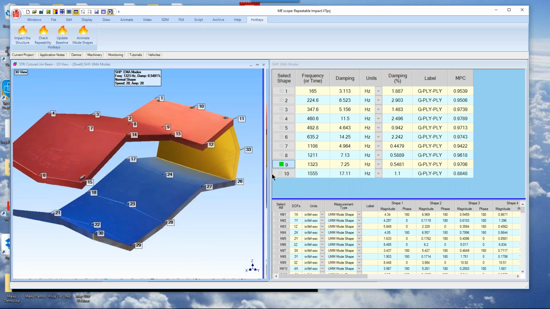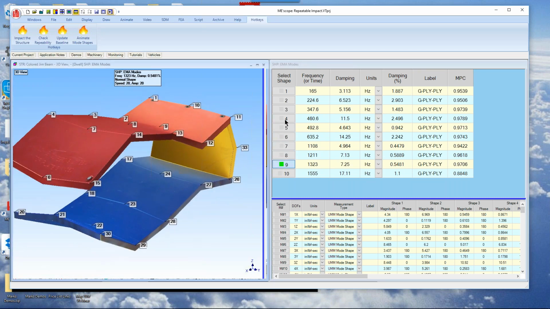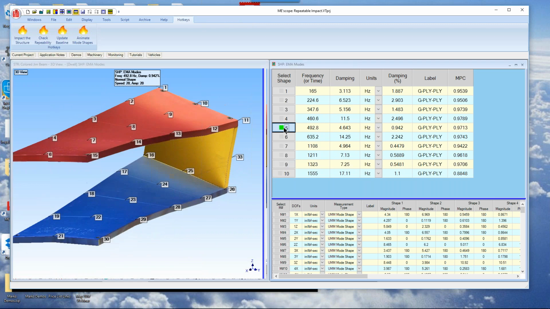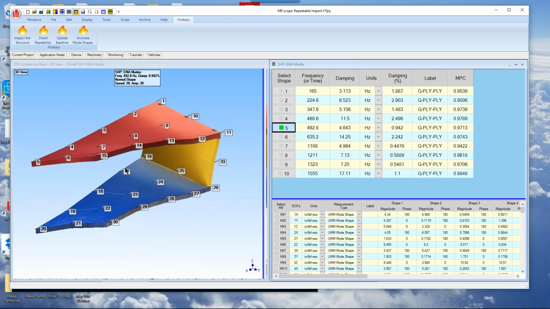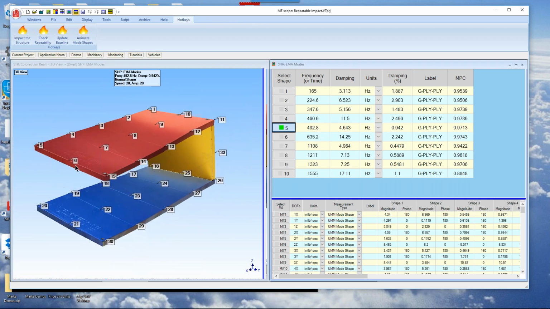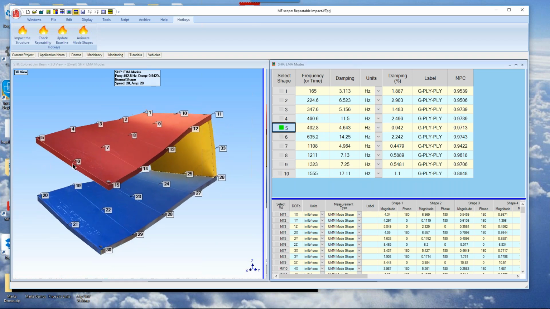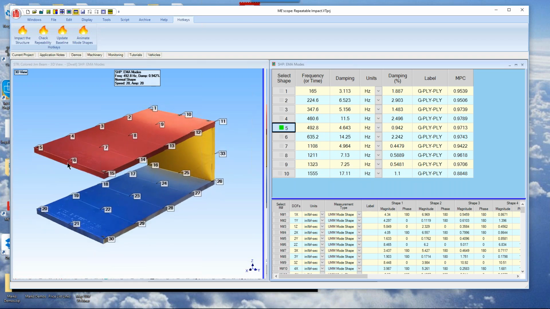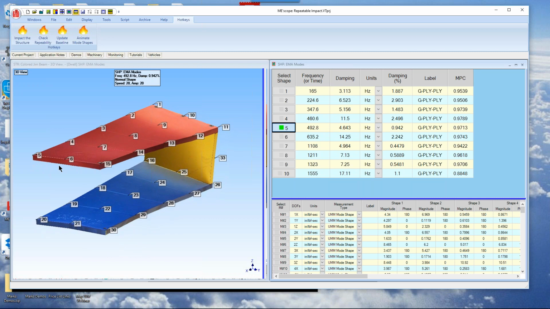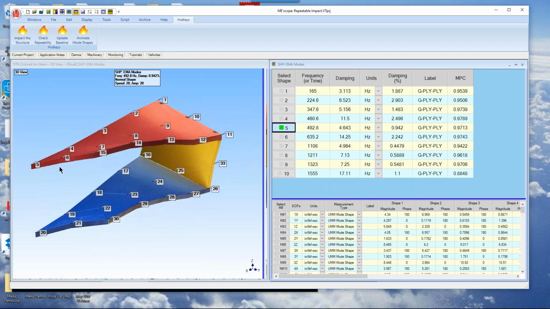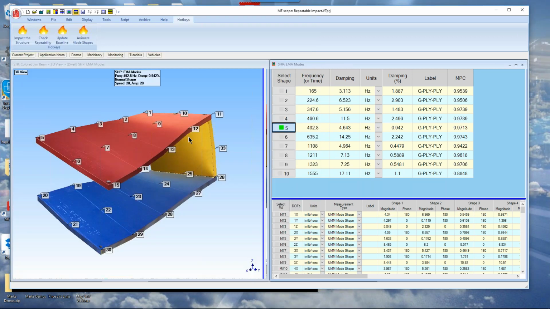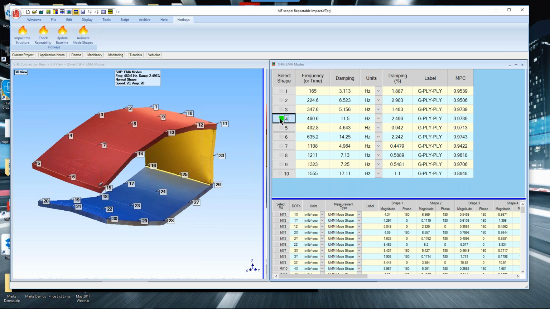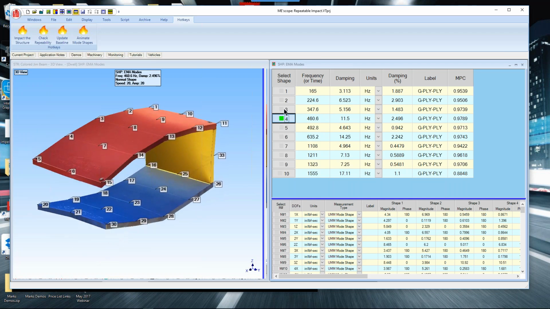Now what I'm going to do here, and I just want you to keep this in mind because we'll come back and talk about this, is I'm going to impact out here on the end of the gym beam, and this particular mode shape is near a node line. It's not moving much near the center. So if I'm going to impact and rove an accelerometer, I want to pick a good point where there's plenty of motion of each of these